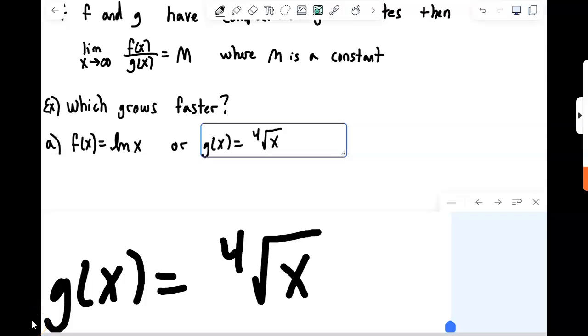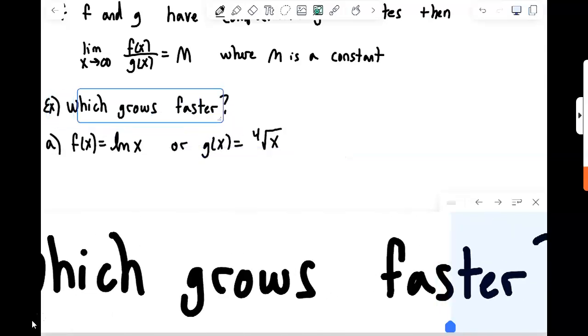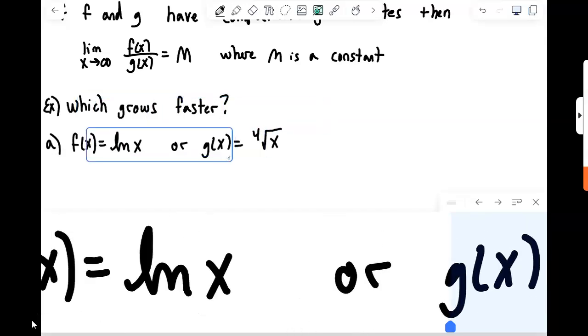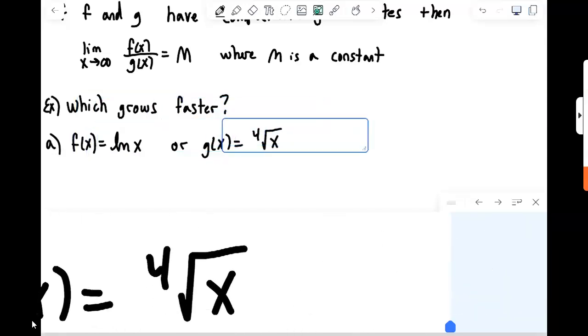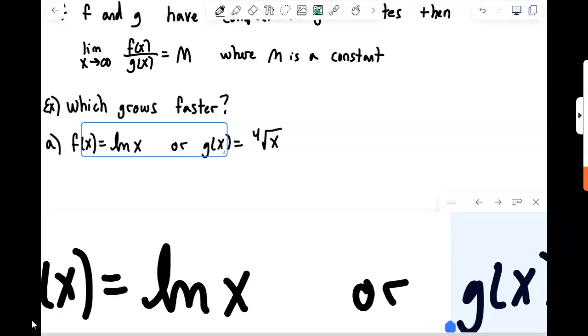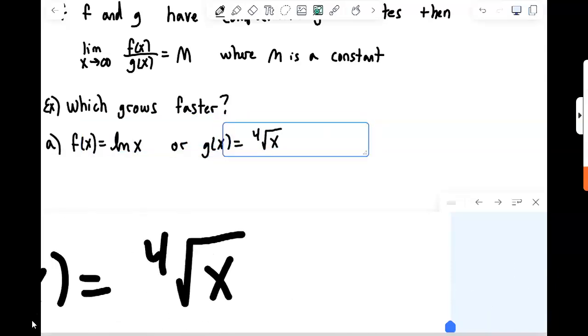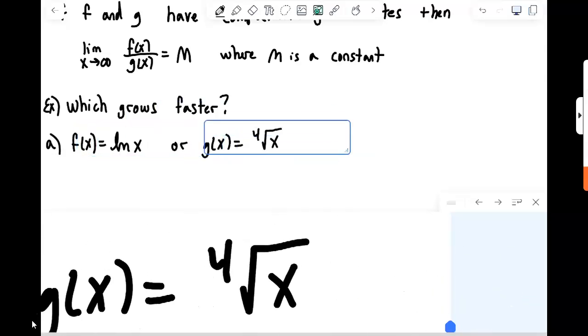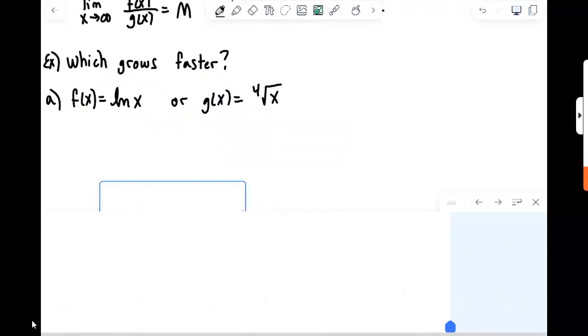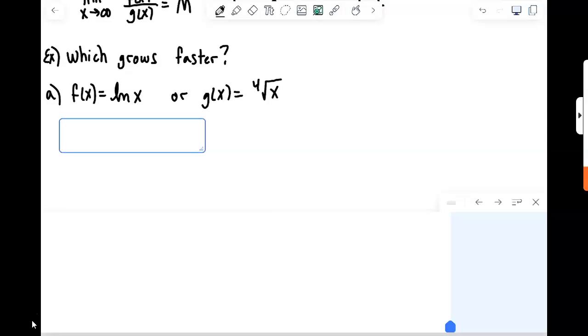Okay, so we begin here with an example where we're asked to find out which function grows faster, f or g. Does ln of x or fourth root of x grow faster? Well, if you remember what I said earlier, ln of x is actually going to be outperformed by any power of x. So what we should see is that ln of x grows slower, so g grows faster. So if I set my limit up